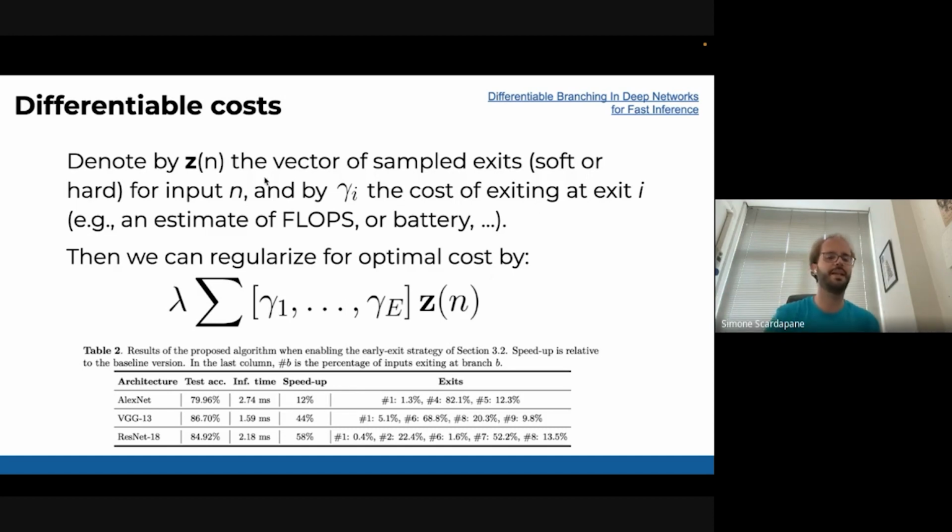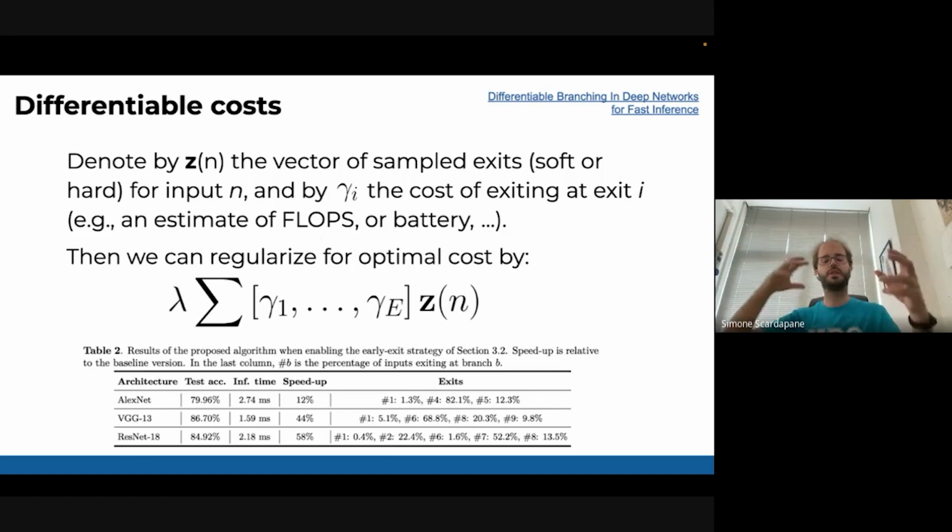And this cost could be, again, very varied. It could be, typically, how many operations I need to do to go to the next exit. So if this number of operations improves my loss, it's okay. But if it doesn't improve my loss, I will always prefer the earlier one. And I think it's interesting because it allows you to train, optimizing for any cost idea that you have just by gradient descent.